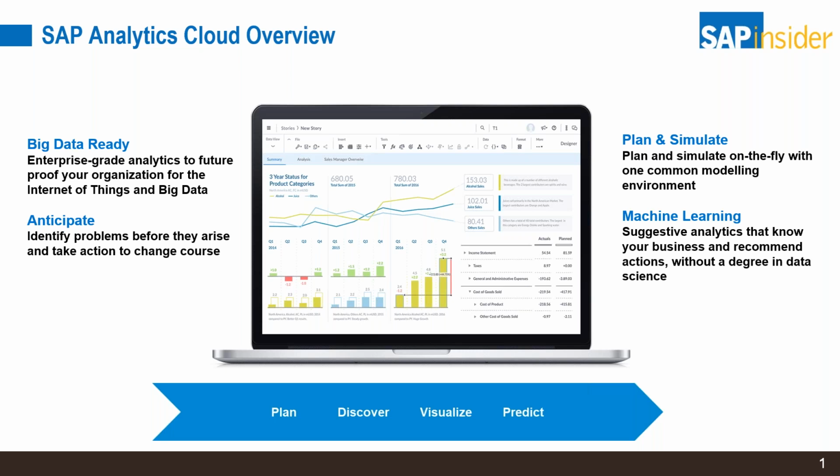There are numerous things you can do with Analytics Cloud. Big data sits on HANA Cloud, so it can handle large volumes of data. And again, overall planning, discovering, visualizations, and then predictive analytics. In a nutshell, that is what the SAC solution is all about.